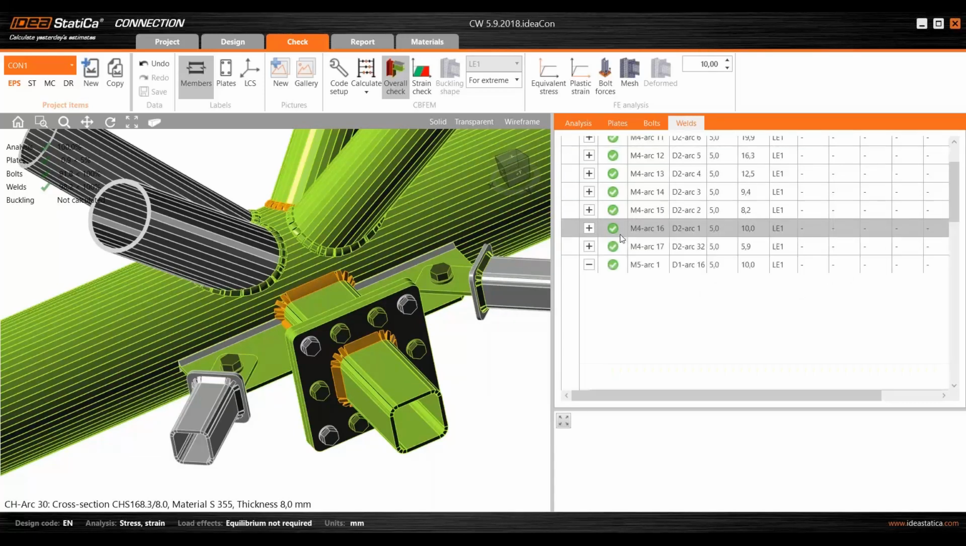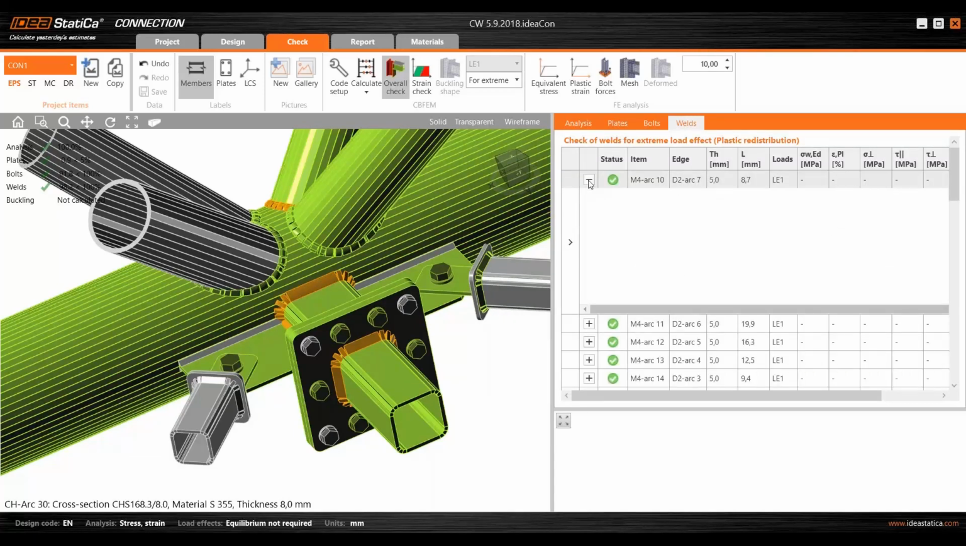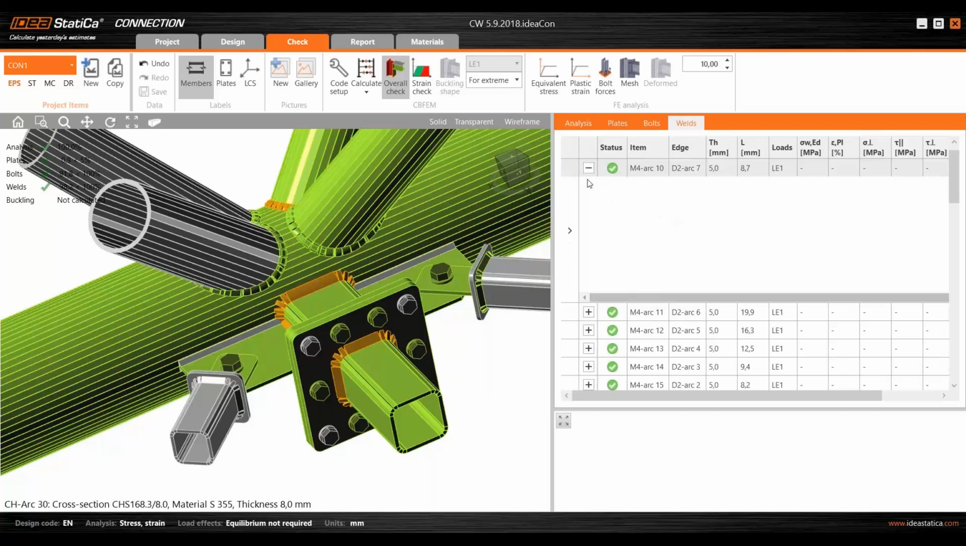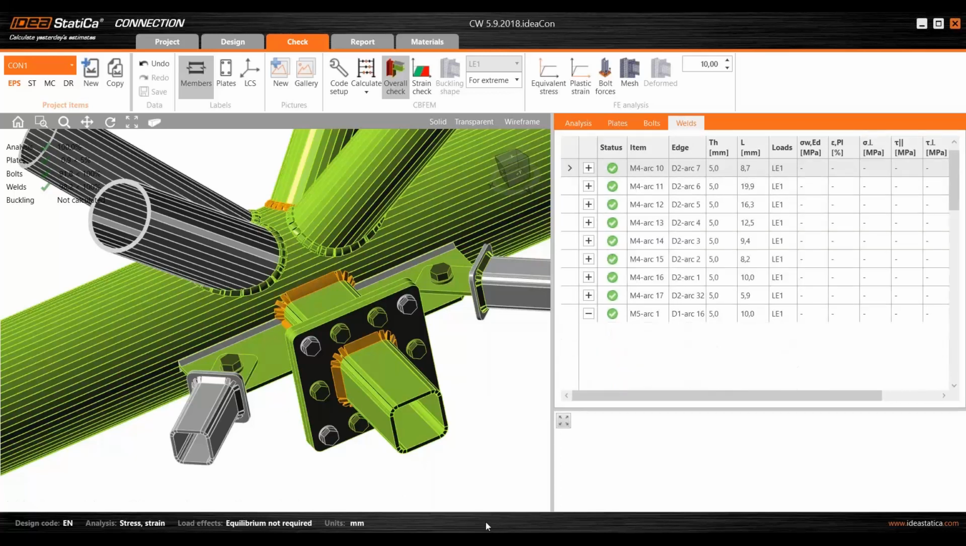So I have just a problem with the display while the other project is calculating. But